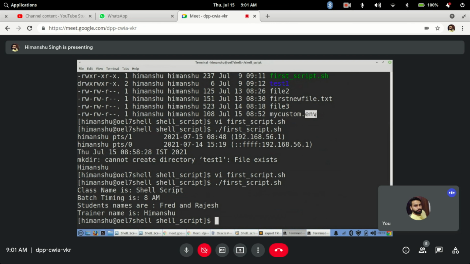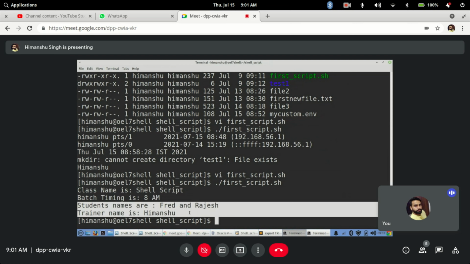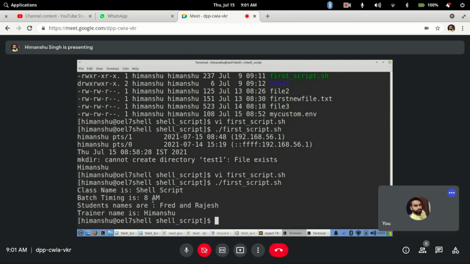I gave .env just for my understanding; you can give it whatever name you want. And for class name, it has automatically taken the variables and the values from itself. Clear?